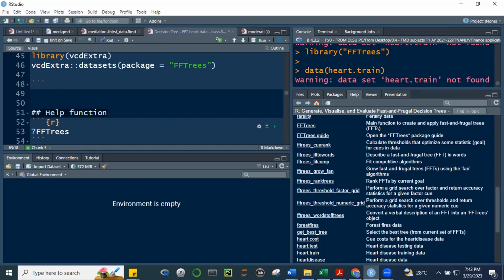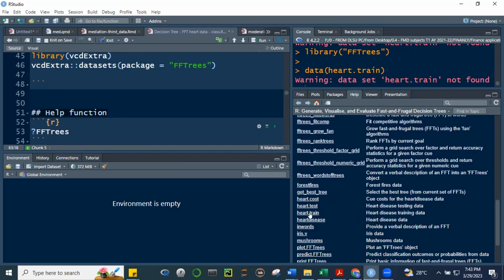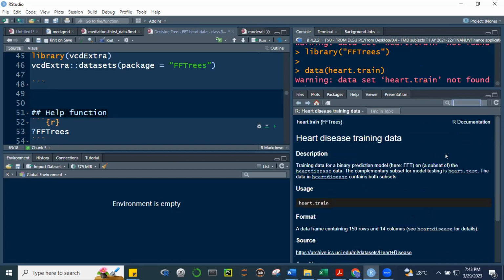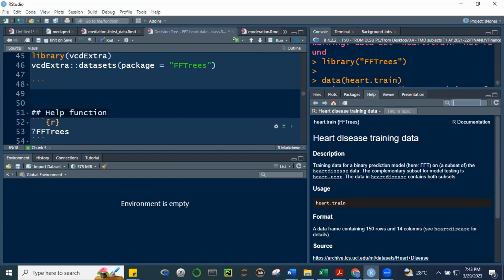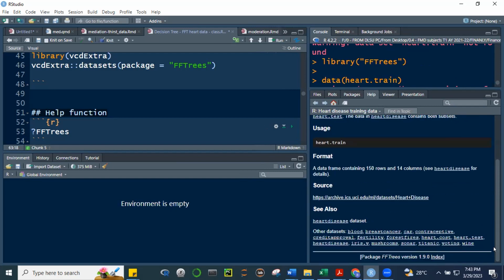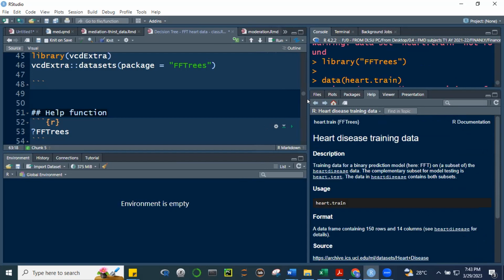Bakit? Ang data nyo dito, heart. Ayan o, heart.train yun. Ayan, heart.train. Parang may drop down siya, sir, ng option na heart disease pag sa FF3s. Heart disease, pero iba yun eh. Heart train now, sir, sa akin. Heart train. Wait, let's see ha. Kasi,